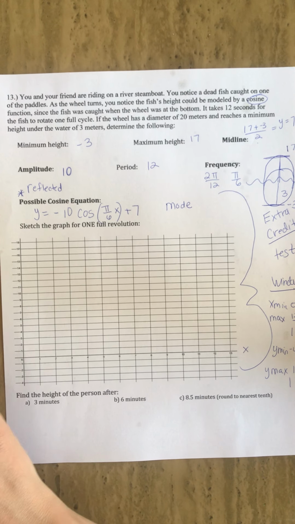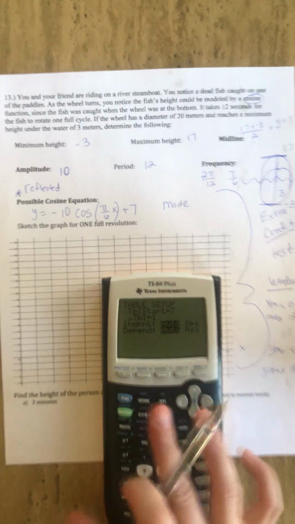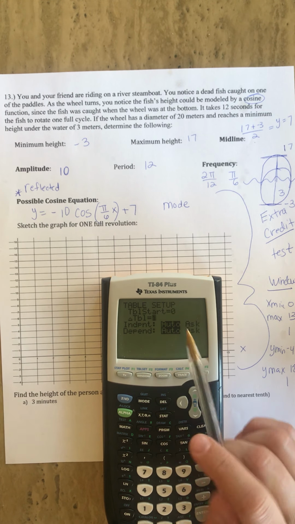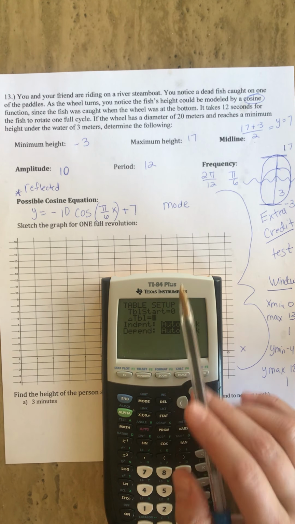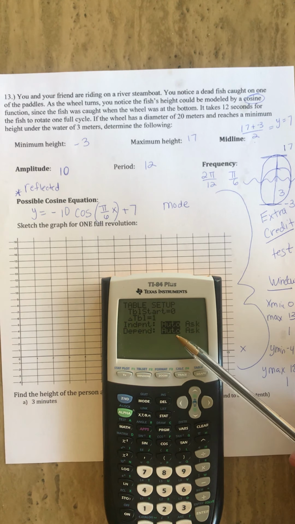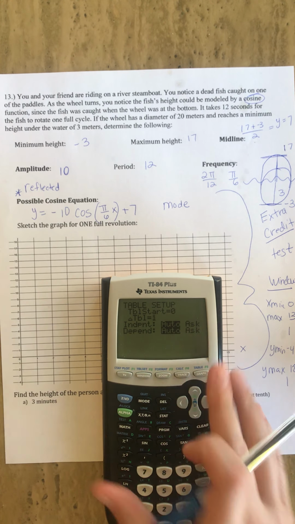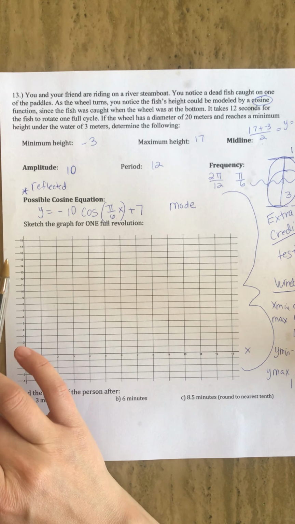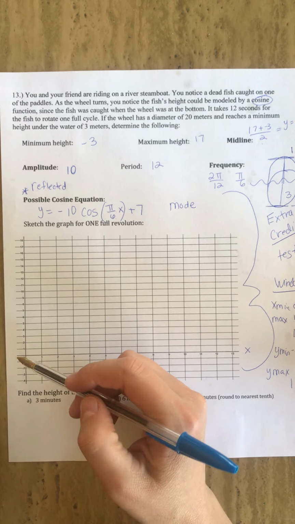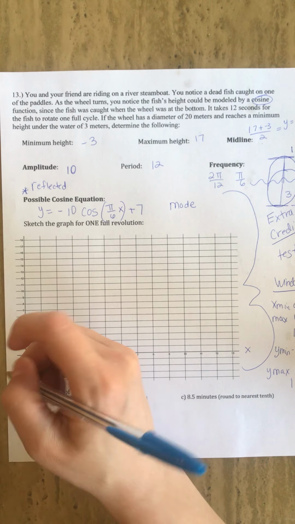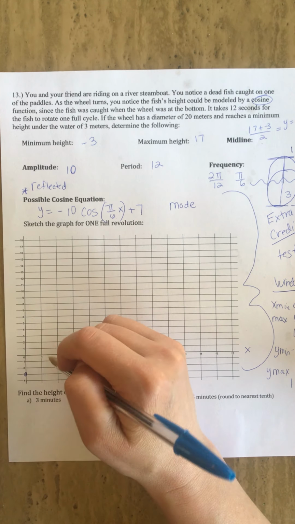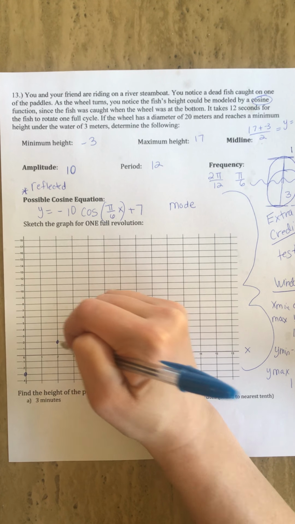You also have to make sure from the last problem that you did that you do your table setup. We want to start at 0, and now we want to go up by 1. So when you're going from radian, you have to switch your calculator compared to when you're doing it in degree. And once you guys do that, you can go to your table, and you're going to see 0, -3. You can plot that point there. You can plot 2, 2,